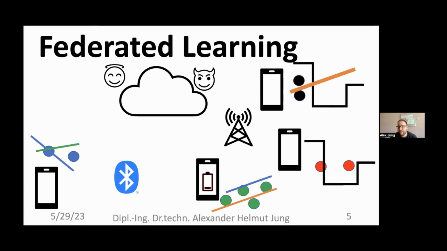We have smartphones connected via Bluetooth. So when you are nearby to each other, when you have physical proximity, this was relevant for COVID tracking apps. So we had the network structure given by contact networks. We have a network structure given by mobile phone networks or mobile phone operators. And also sometimes we use the cloud. So there's really a heterogeneous mix of models or of computers,